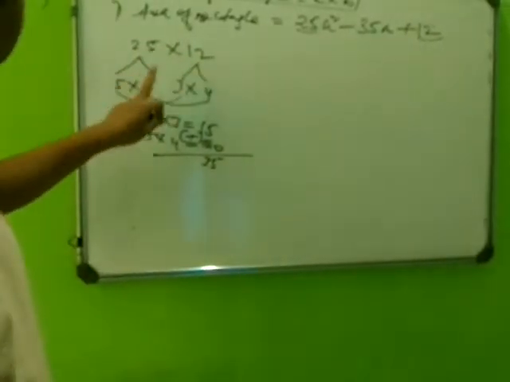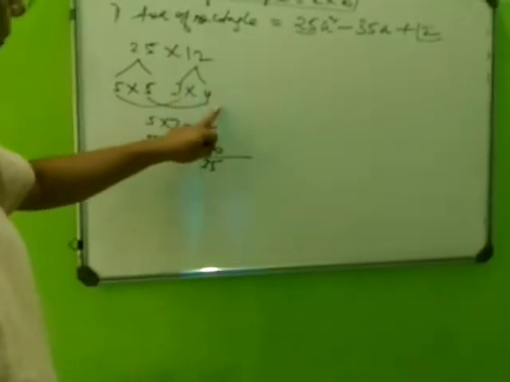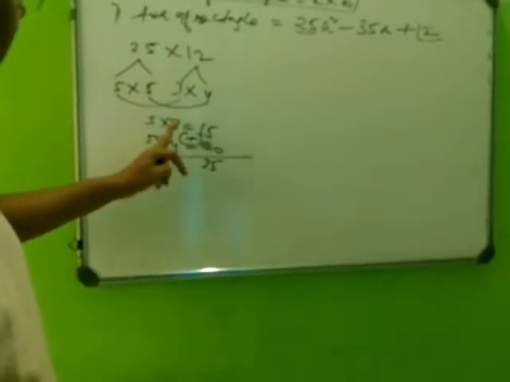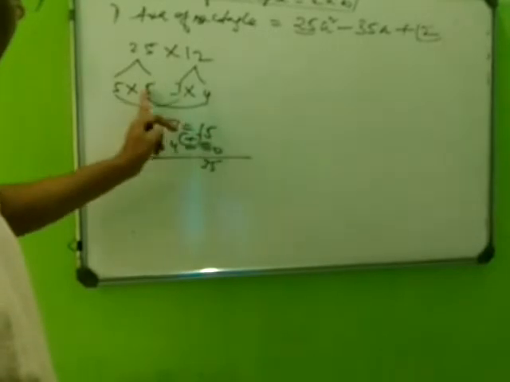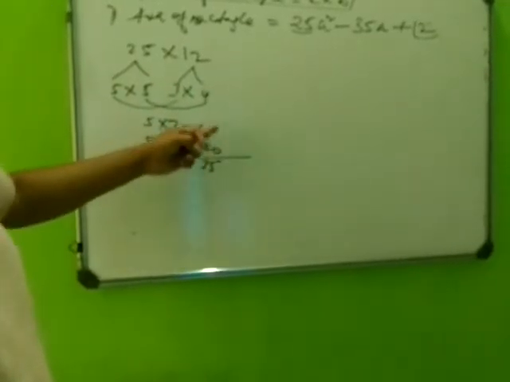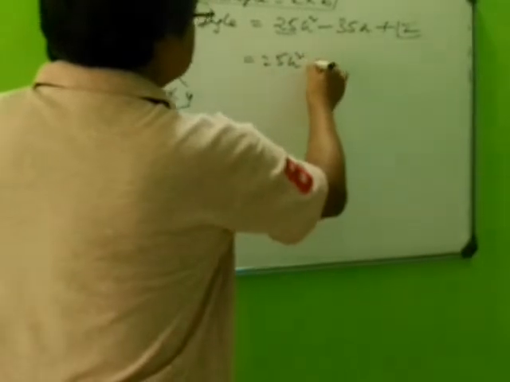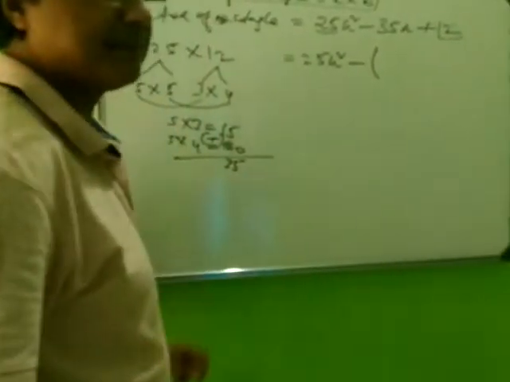Factors of 25, 5 into 5. Factors of 12, 3 into 4. Then 5 into 3 is 15, and 5 into 4 is 20. Add it. So 20 plus 15, 35. So you got 35. Now you are going to simplify using factorization, that is, by the method of splitting